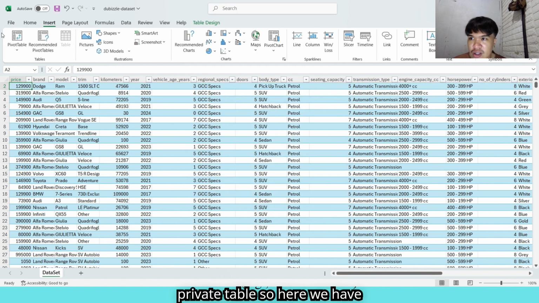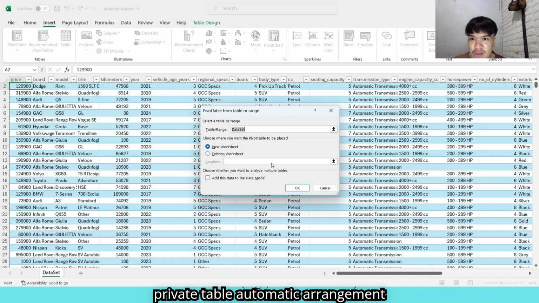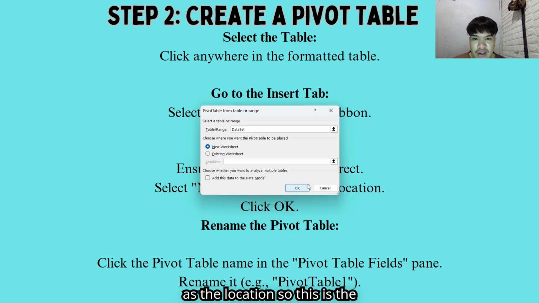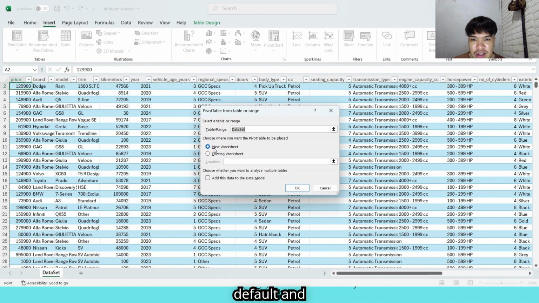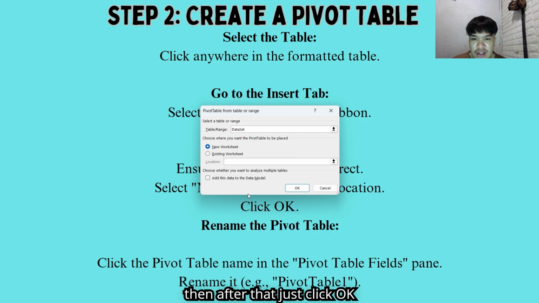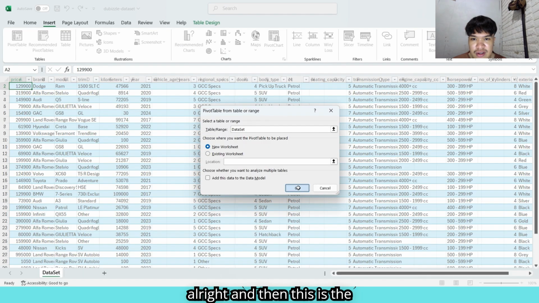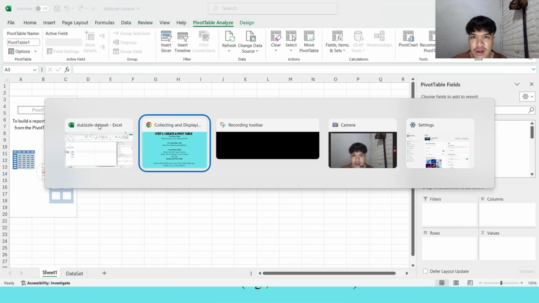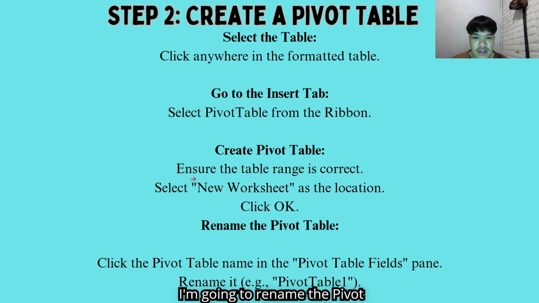So here, let's repeat. Pivot table, and there, the range is automatic. Then we need to make sure that New Worksheet is selected as the location, which is the default. As we can see here, after that, just click OK. Okay, and there is our pivot table. What we will do is rename the pivot table, again for the sake of organization.